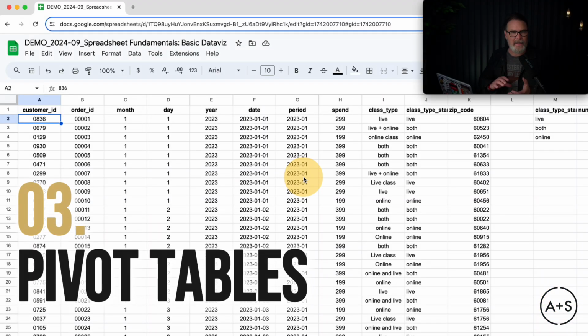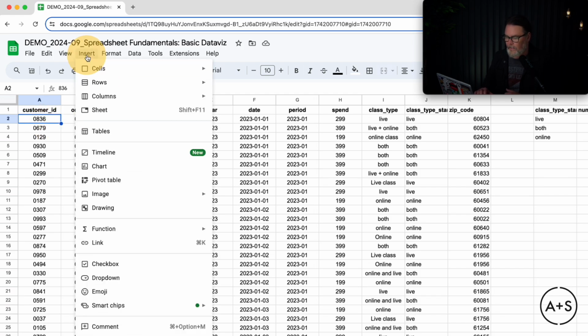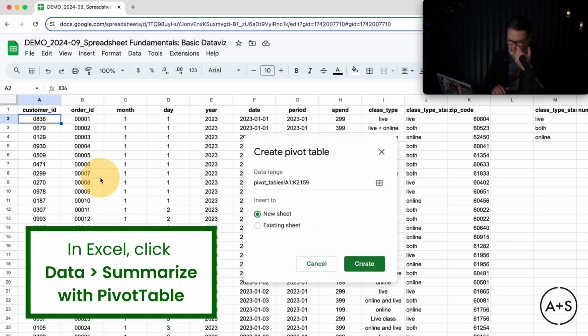Pivot tables are tremendously powerful tools that can take massive amounts of data, locked in rows and columns, and transform it very, very easily. In fact, give you any view, any look into the data that you would really want. Let me show you how easy they are to create and how powerful they can be. To start, all I really need to do is click into one of the cells in the table that I want to summarize using a pivot table, and then go under Insert and Pivot Table, and up pops the data